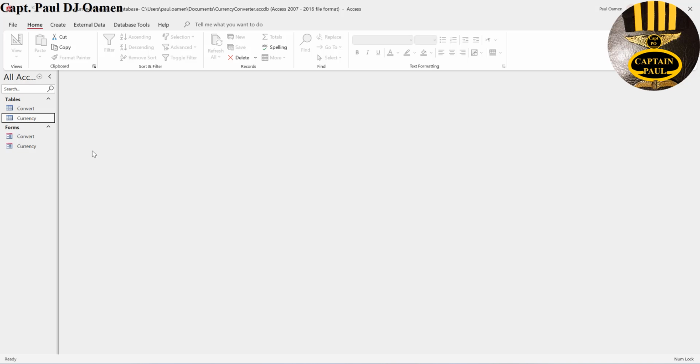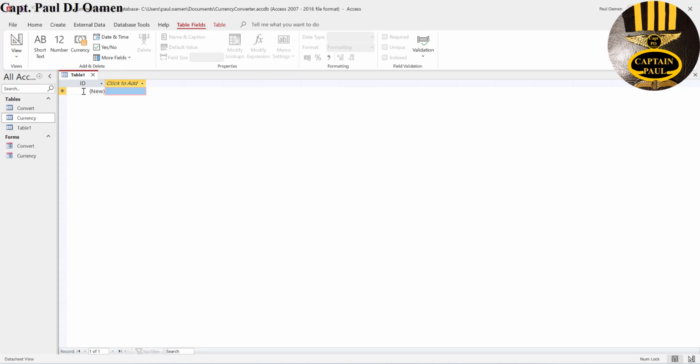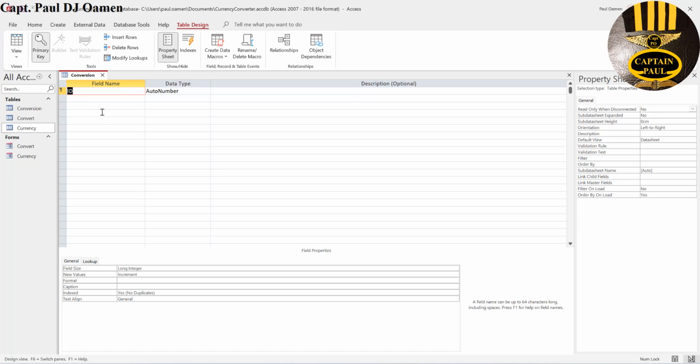So let's exit out, and instead of opening a new sheet entirely, I'm just going to come in here. I'm still using Access, so see where we have create. Let's select table, and right click on this table. I'm going to give it a name and just save it as conversion. Okay, that will do. Click on save and make sure it's going to be in design state, and the very first text I'm going to enter in there, I'm just going to call that